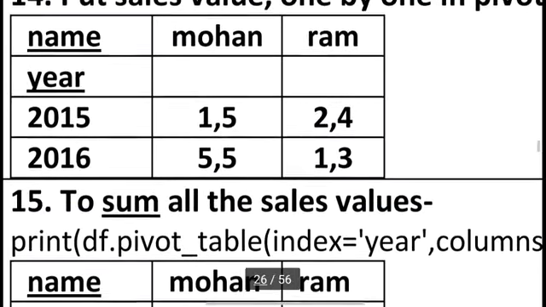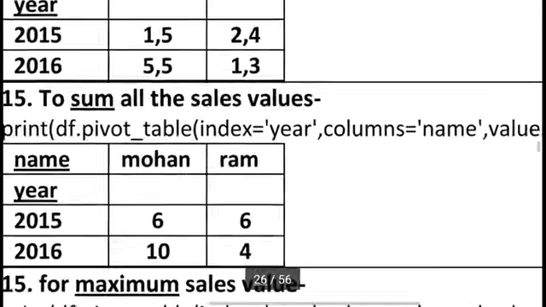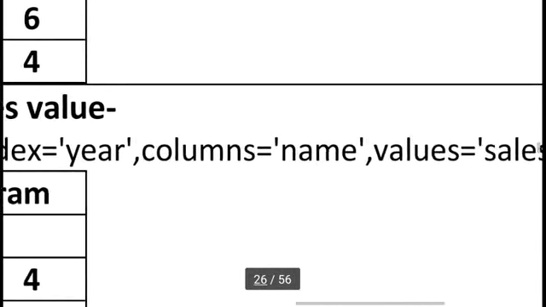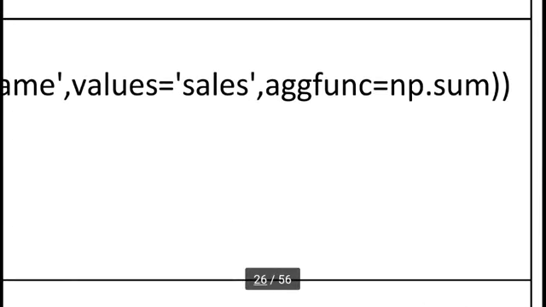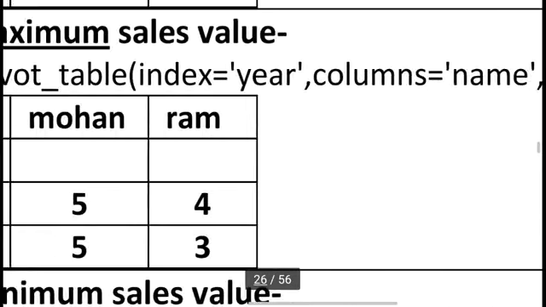Suppose I want to find the maximum value. So simply copy this command and paste it below this command as it is. Then here you use only np.max. Last time I used np.sum. Here you use only np.max. So you can see